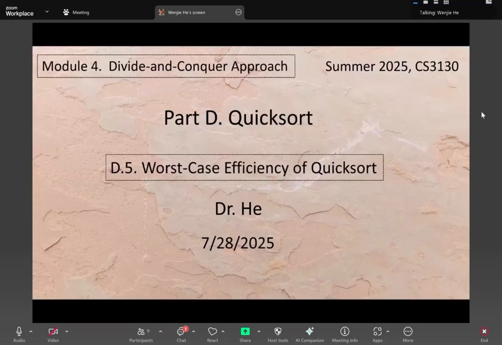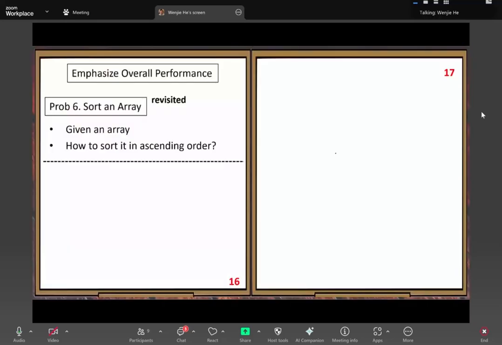All right. Then we have two cases we need to study: worst case and the best case. Worst case efficiency and the best case efficiency. Worst case is relatively easy to see. So let's look at the worst case first, then the best case. So we have a good chance we can complete Part D today. Last two cases. For the worst case, then